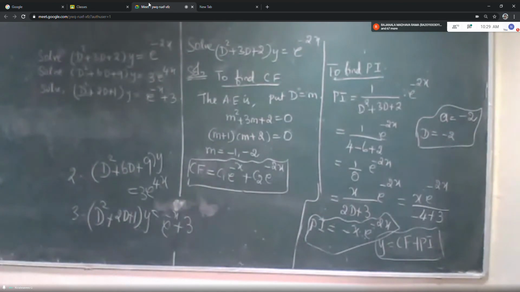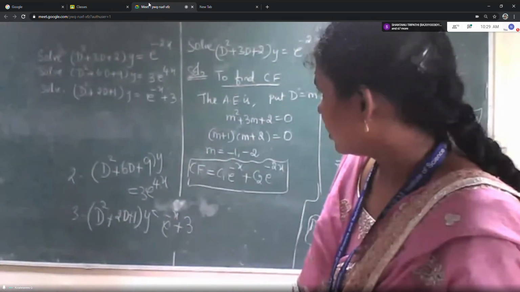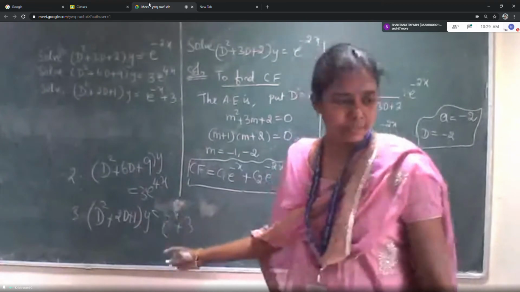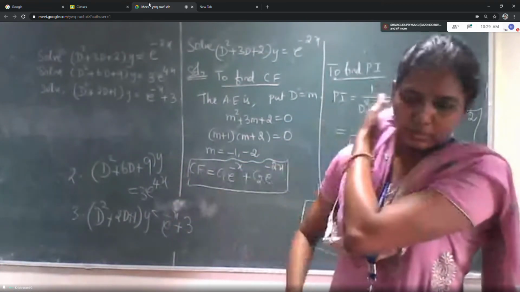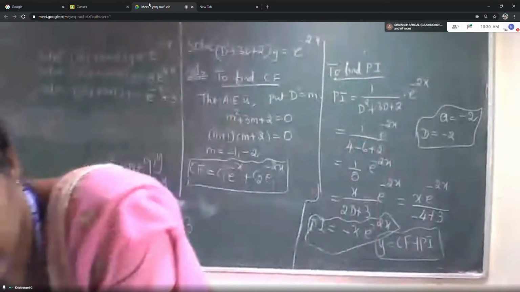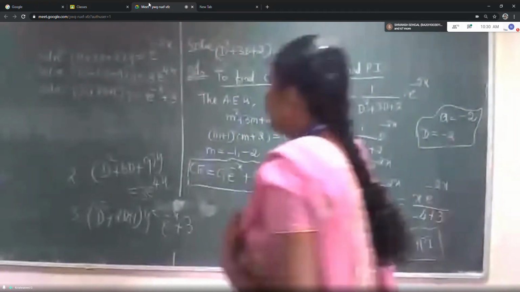Ma'am, the left hand side of the board is not visible. Yes, tell me. Ma'am, m equal to 3 comma 3, minus 3 comma 3, for the second problem. Minus 3, minus 3. Equal roots. Now CF will be